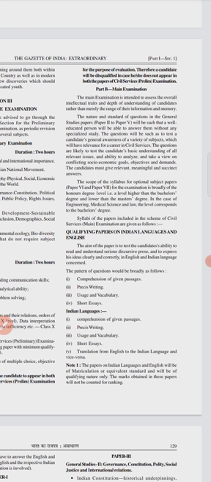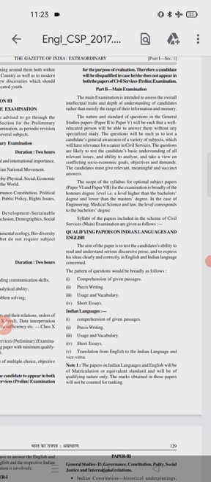Let us start with the first of the series of Anthropology 101. This series is actually looking to build upon a discussion and an understanding about anthropology as an optional for those who are looking to understand what the subject is and want to pursue this optional for your UPSC